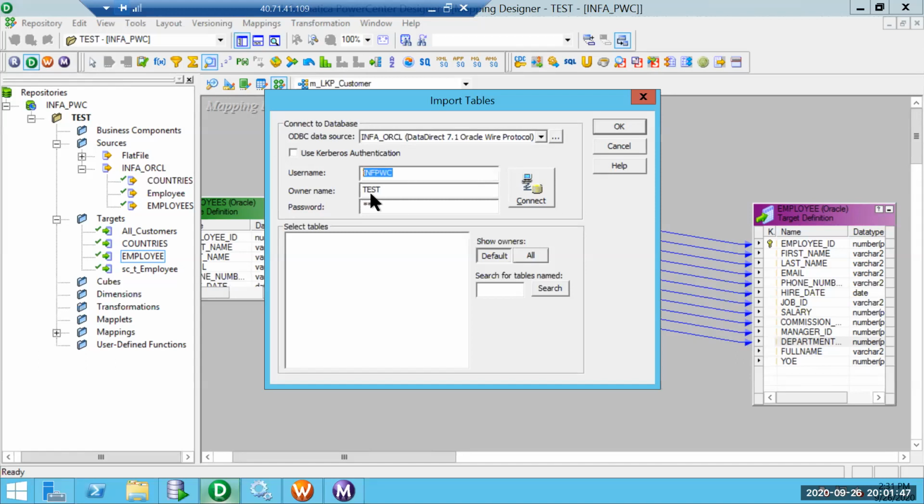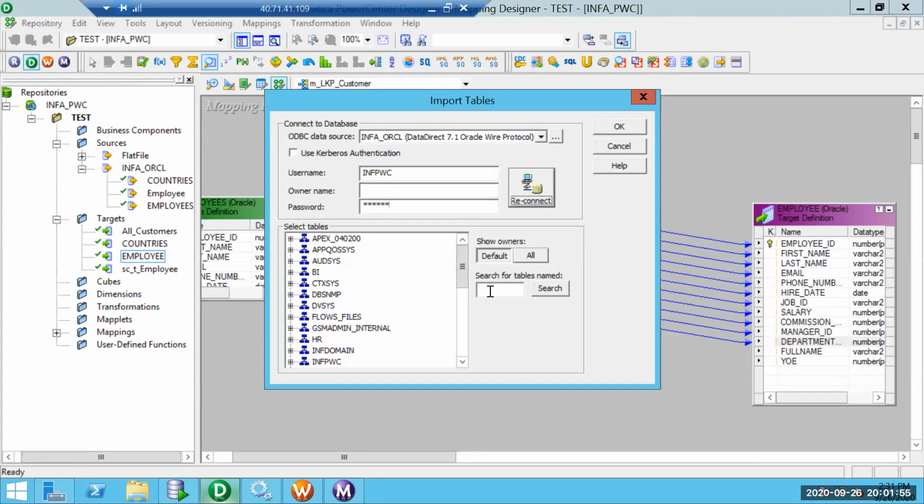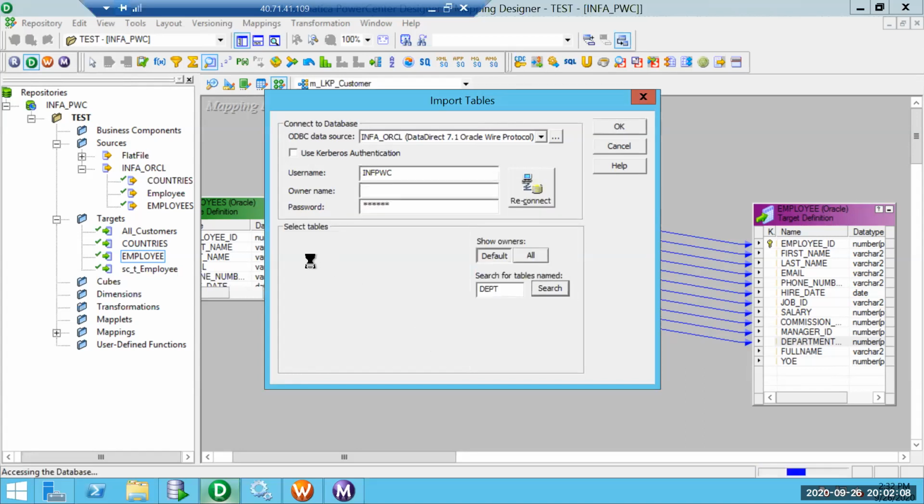Not even in PWC, but the PWC user has DBA access, so it is able to search everything. Basically, it is department from the test user itself, because we duplicated it in the test user. So yeah, it is DEPT from test only.